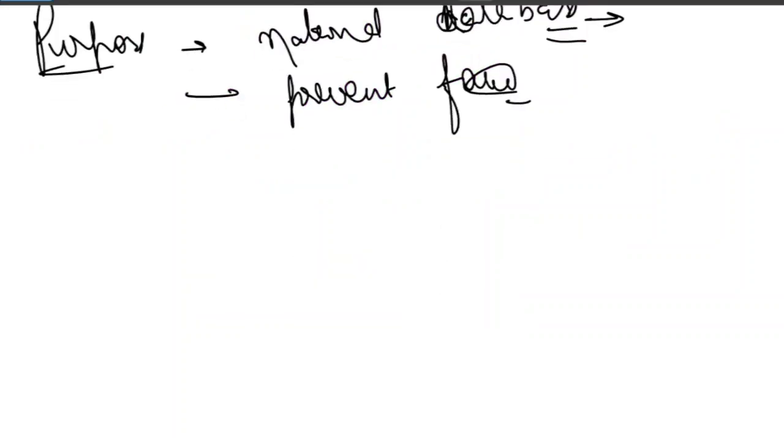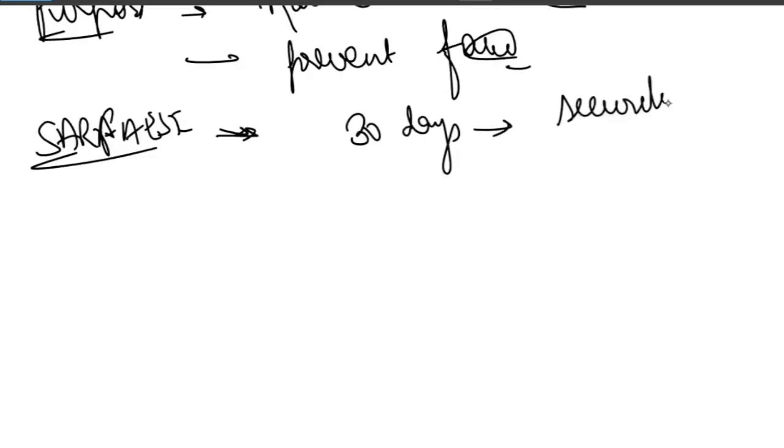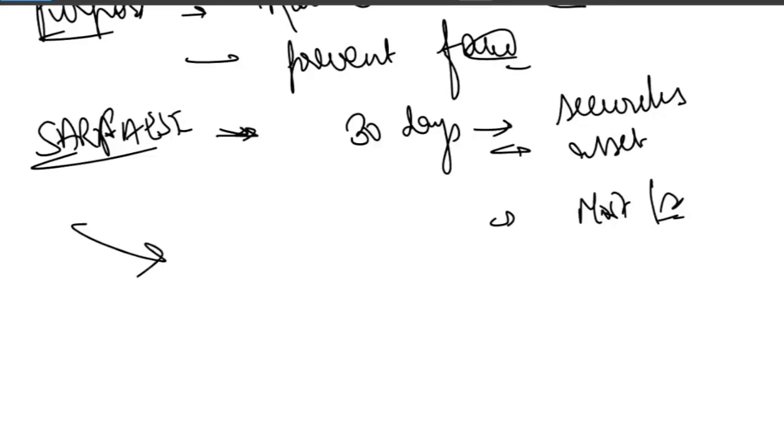Please understand, I'm not just explaining the act, I'm explaining something more, so that if a question is asked in the upcoming examination, you can easily answer. So banking and financial institutions get 30 days. How much time do they get? They get 30 days for securitization transaction and asset reconstruction and mortgage or security interest. So registering on CERSAI is mandatory, right?